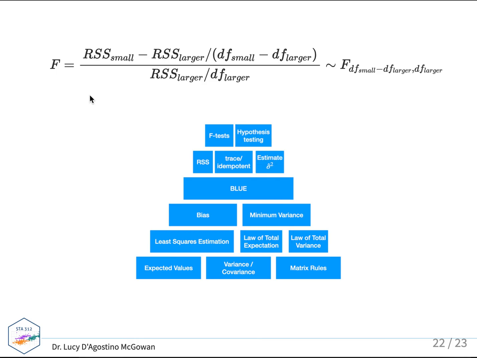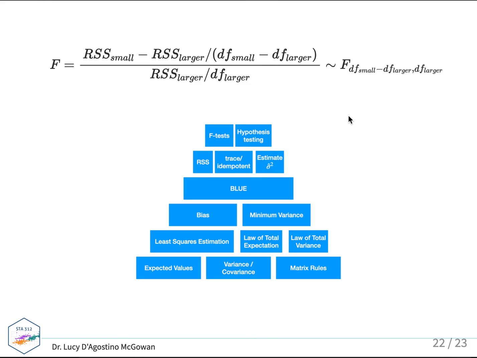And so these f-tests are important because they let us do hypothesis testing, which is what a lot of our statistical world consists of. And so we wanted to find a way to systematically compare a small model to a large model. And we wanted to create some hypothesis test that would let us see if these two are equal. So if the small model is just as good as the larger model. And so to do that, we built this hypothesis test framework that basically used an F distribution. We knew that this F statistic that we had calculated is distributed with this F distribution, and so we could use that to find a good cutoff for our hypothesis test to determine whether or not we could